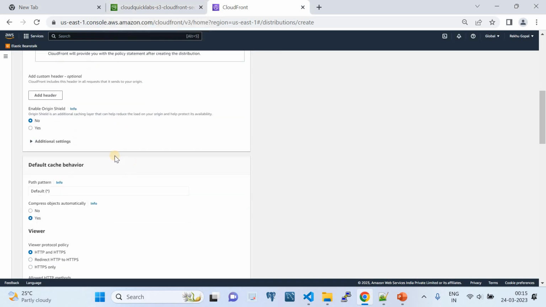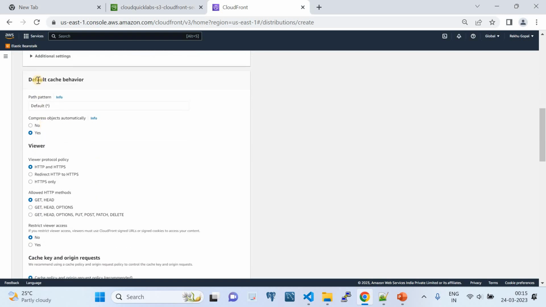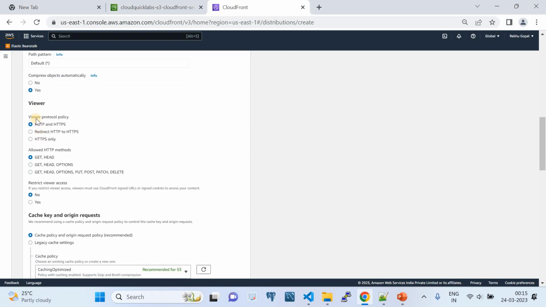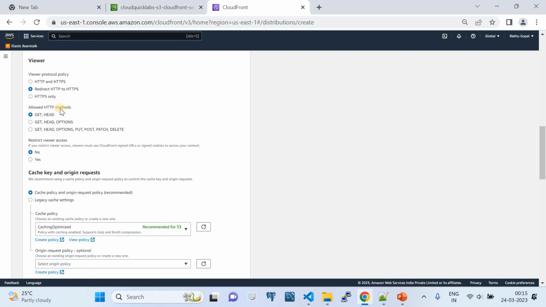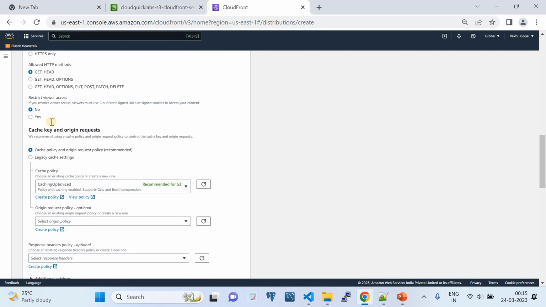Okay, all right, so I will go down. So, enable Origin Shield: that should be no. And then in the default cache behavior options, you have to choose compress objects automatically equal to yes, and then viewer protocol policy. So just say redirect HTTP to HTTPS, and then allowed HTTP methods is equal to GET, and then